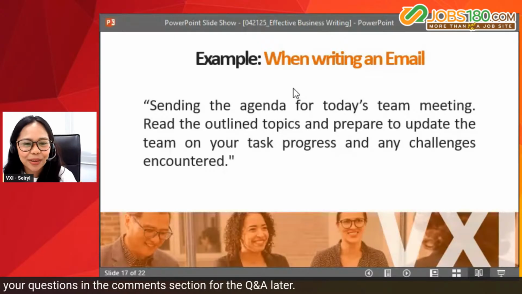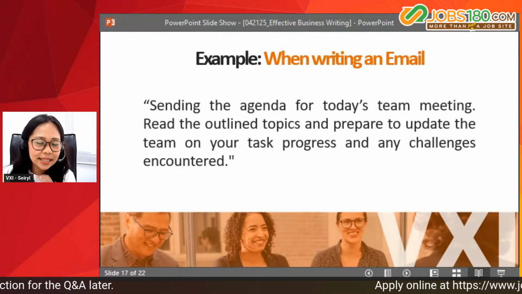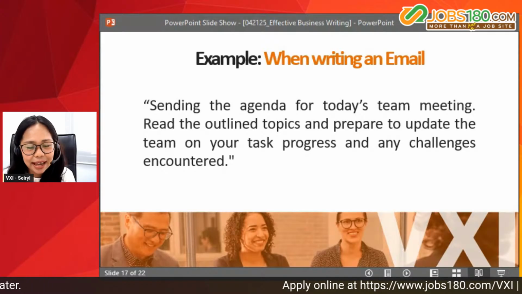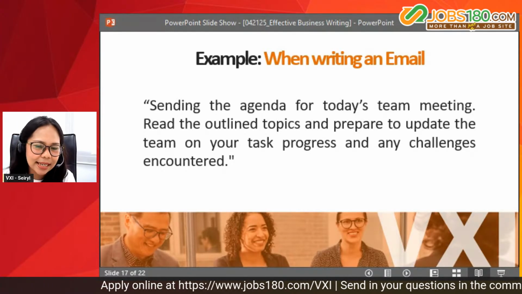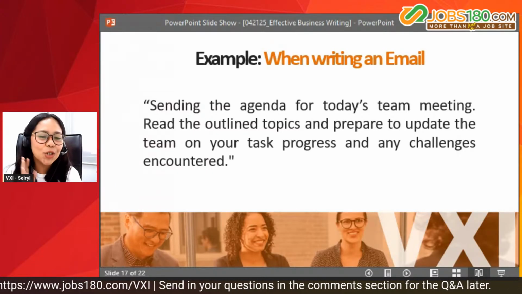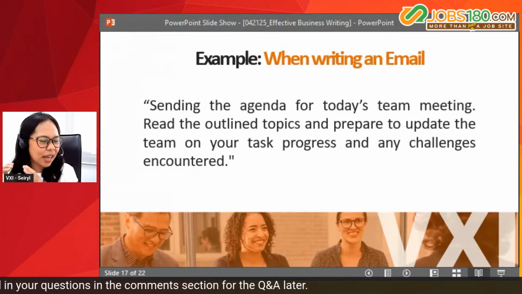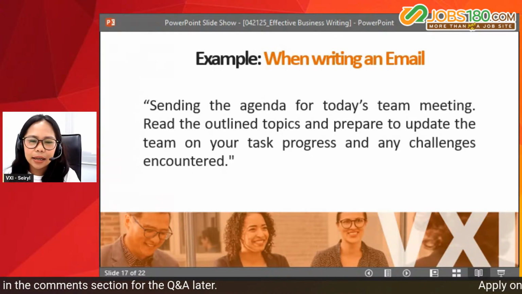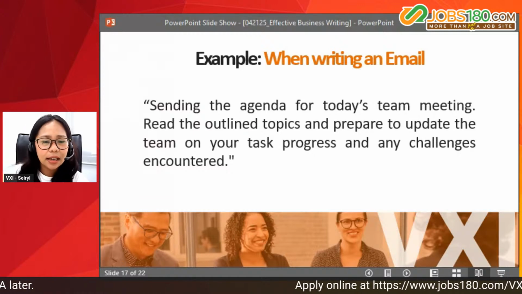Let's read this one, okay? First, sending the agenda for today's team meeting. Read the outlined topics and prepare to update the team on your task progress and any challenges encountered. See, it's more straightforward. Mas straightforward siya, mas clear siya, mas concise siya kasi yung tone niya is very professional actually, and